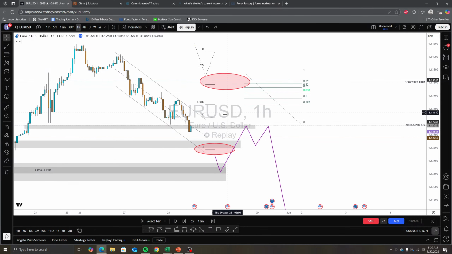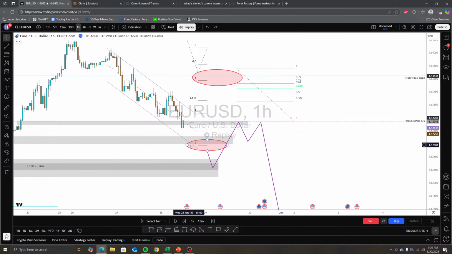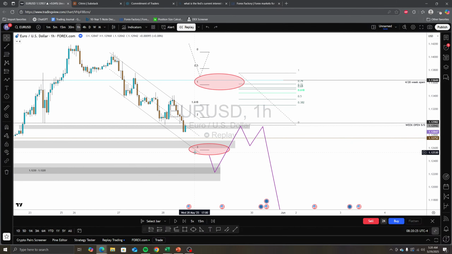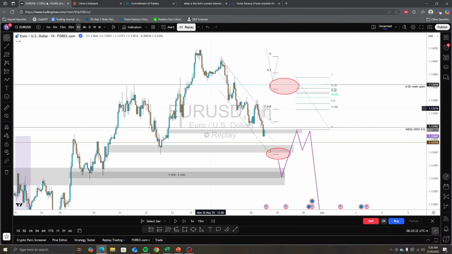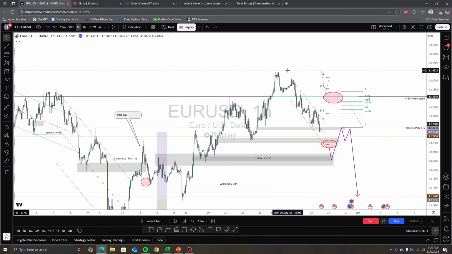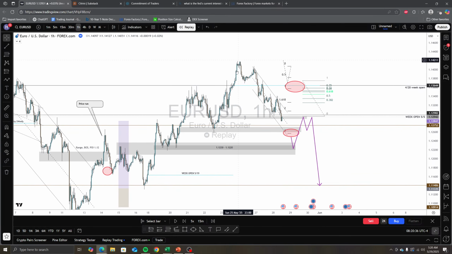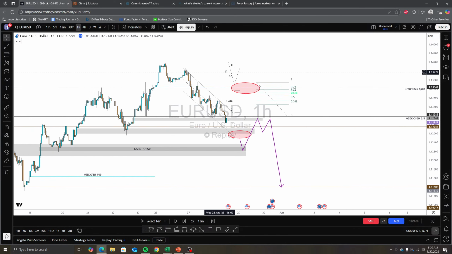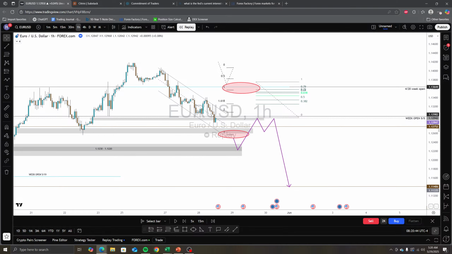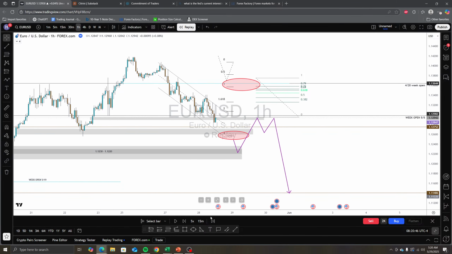More likely, I assume that price is going to fall lower, just because that's how it's trending right now. I mean, I wish I had better reasons for it. But let's just see how this plays out. I have it on replay right now, so if I just press these bars, it should go forward a little bit.